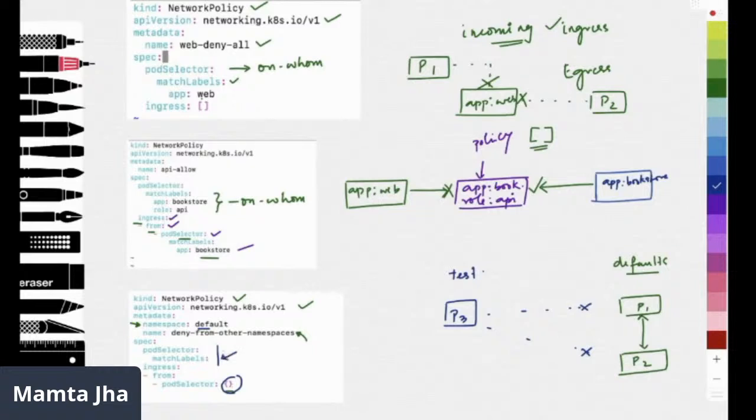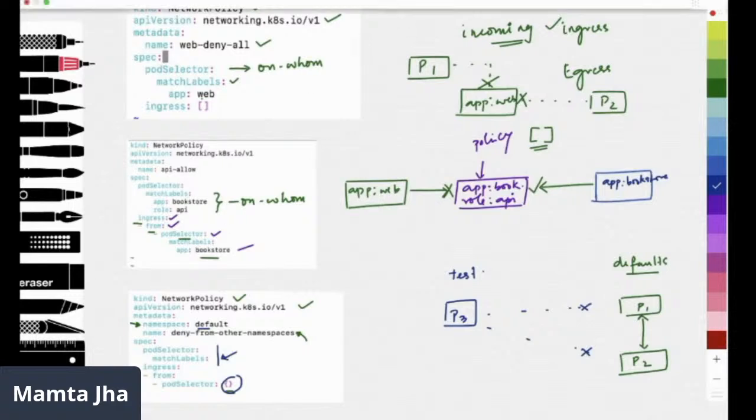Here we don't have a specific pod on which it is applicable. There is no label specified over there. But only those two can communicate. No other pods from outside the namespace can communicate to the pods residing in the default namespace. This is one of the scenarios.